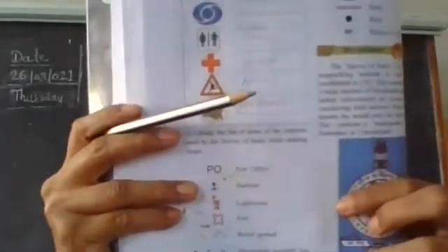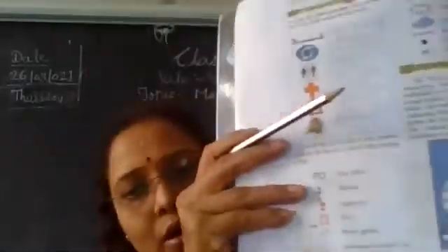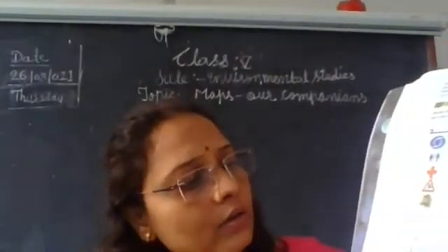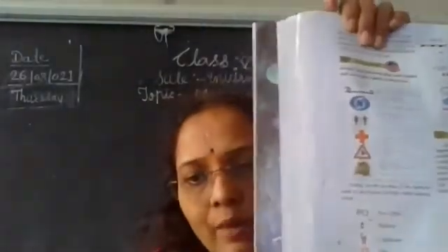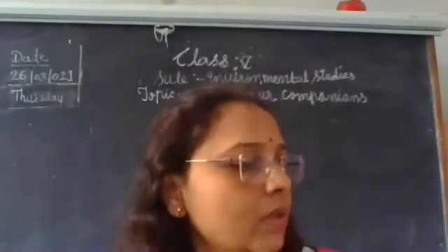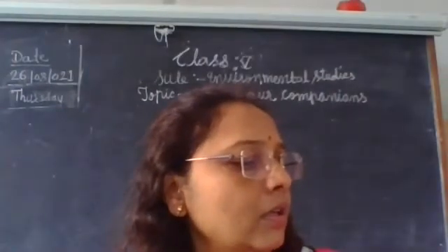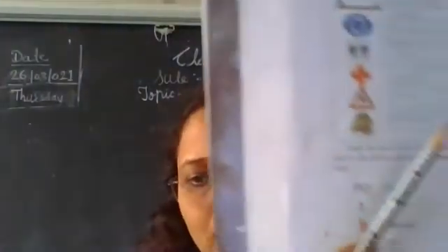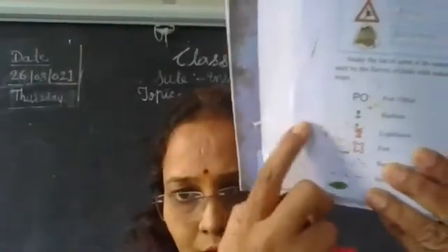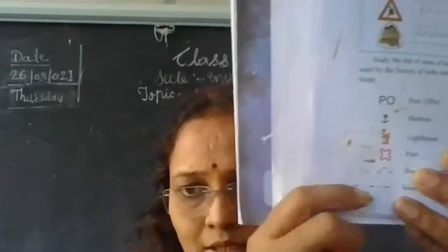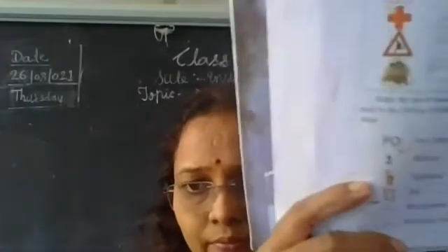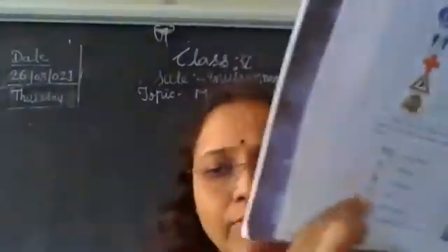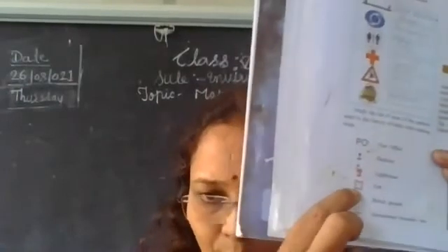So let's see. Post office, then this symbol, another is the harbor. जहाँ पे harbor है वहाँ पे ऐसे symbol दिए रहते हैं. Then third is the lighthouse. It's a lighthouse symbol is given. Then another is the forest. Okay. The symbol in front of the forest, जहाँ से जंगल शुरू होता है वहाँ पे ऐसे symbol आपको दिखेगा.